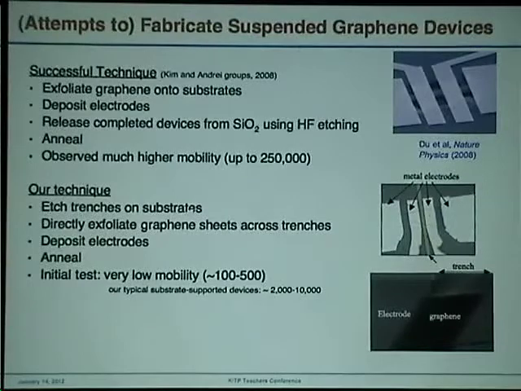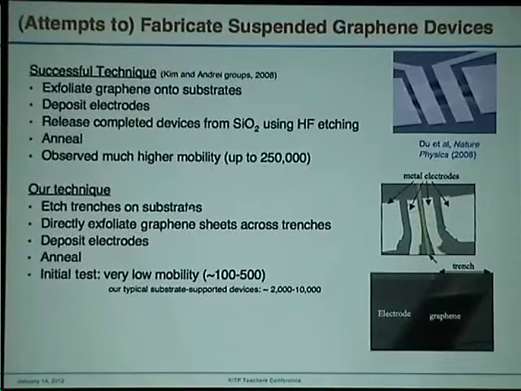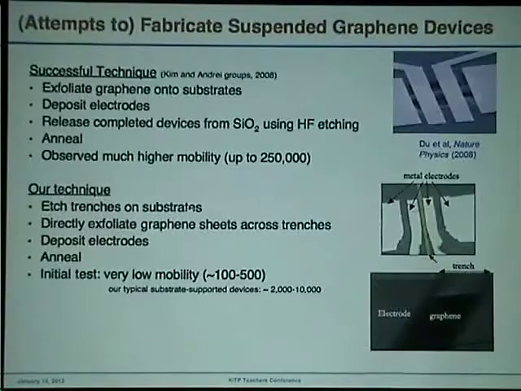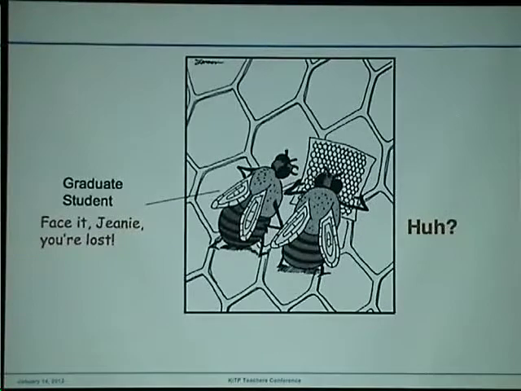So this is one of these experiments that grew out of our failed attempts. It's one of those accidental discoveries. For example, we tried to make suspended graphene devices because they're free of substrate, so they're very, very clean. What we did was make trenches on the silicon wafer substrate, and then we directly deposited, just by having undergraduates rub graphene across the trenches, and we find them, we deposit electrodes, and then we find they actually have very low mobility, and we think, what the heck is going on? So this is me, saying, huh? And my student just says,